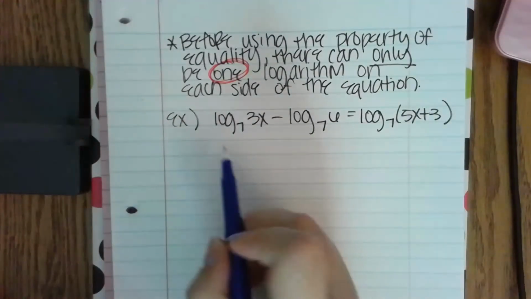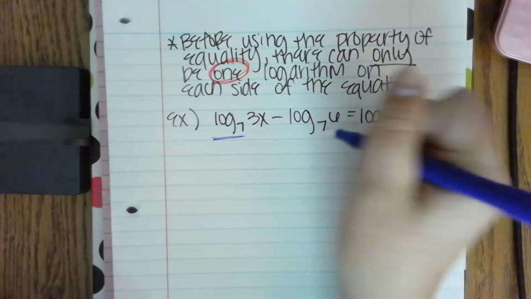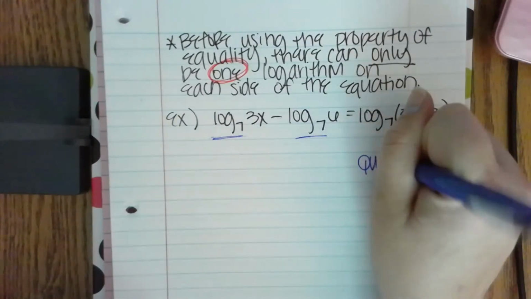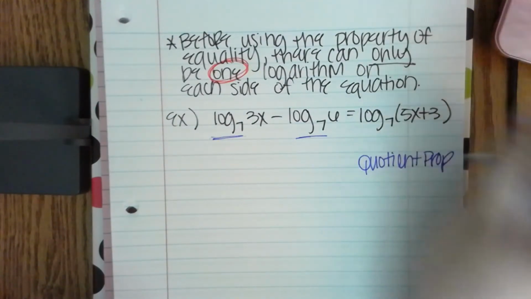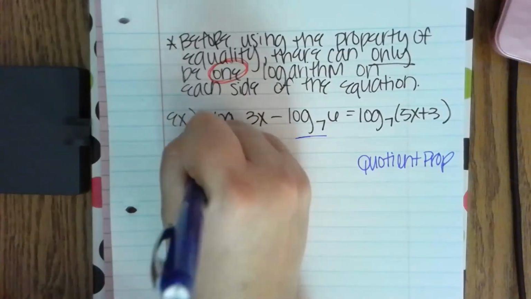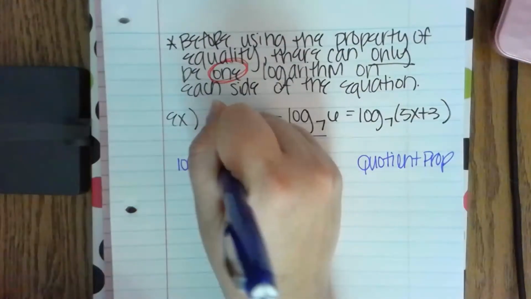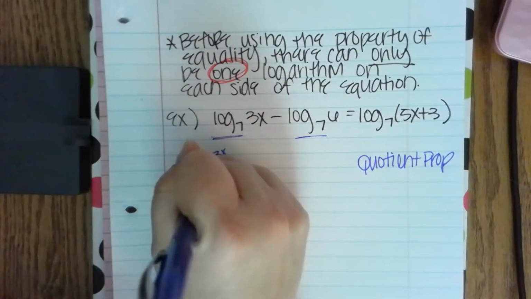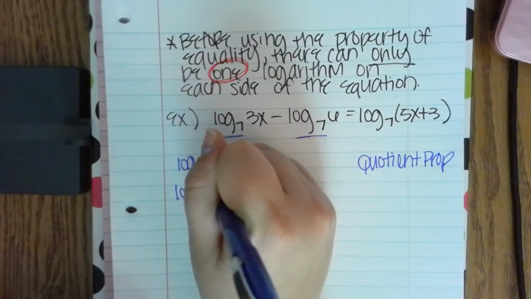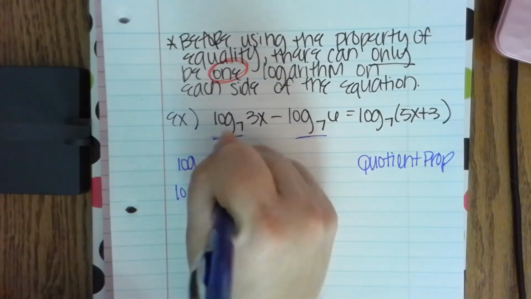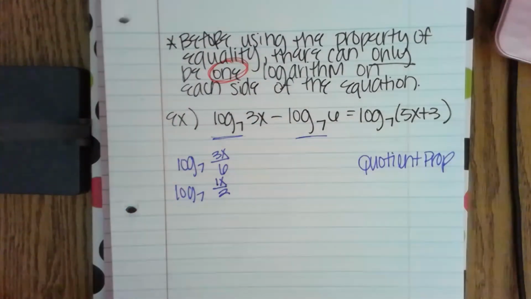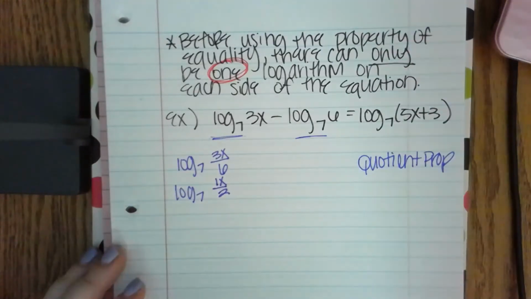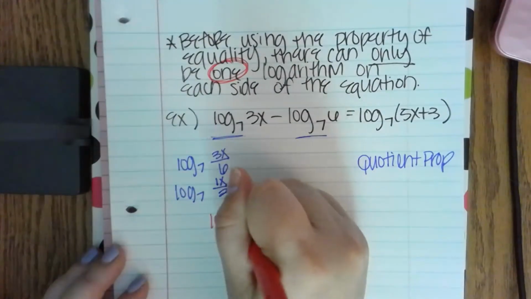So let's look. If I'm looking right here, I have a log base 7, and I have subtraction in the middle. So that's going to be my quotient property. So I'm going to write log base 7 of 3x over 6. And then let's simplify that. Log base 7 of, what's that going to be? 1x over 2. Alright, so now we have that side of my equation done with one log,